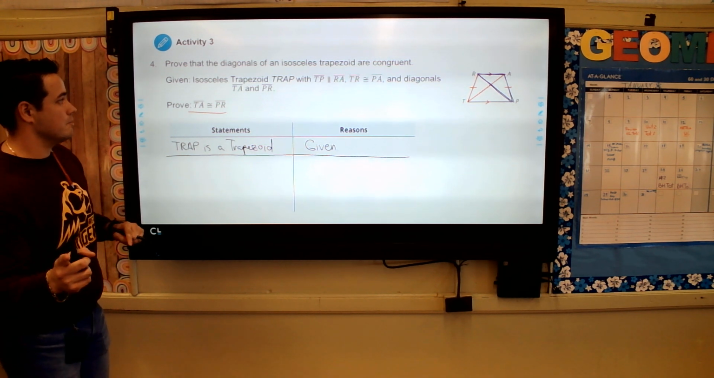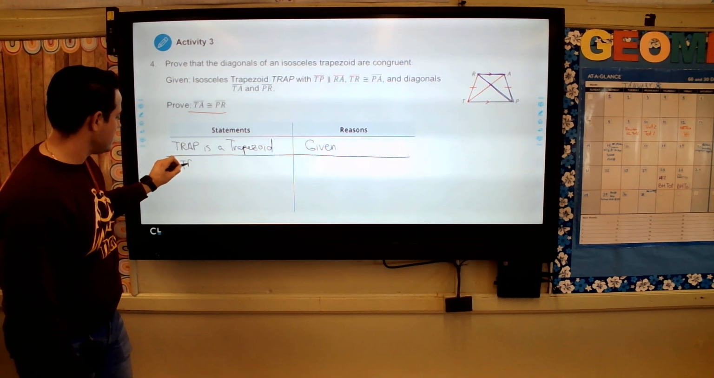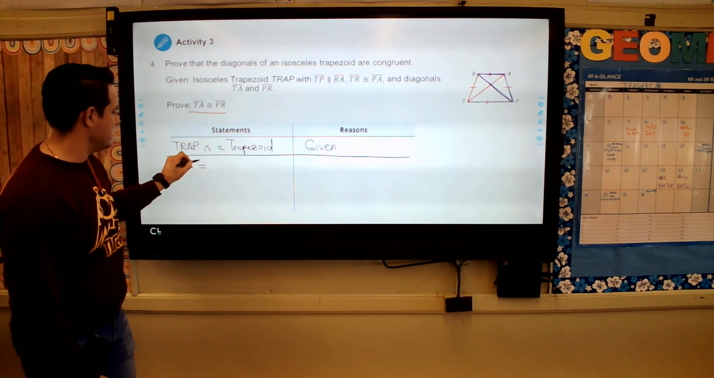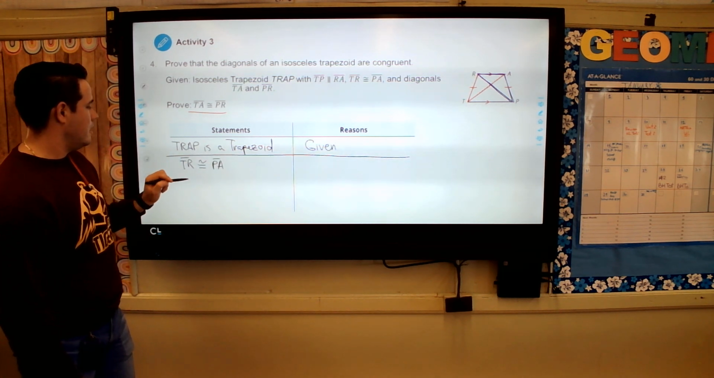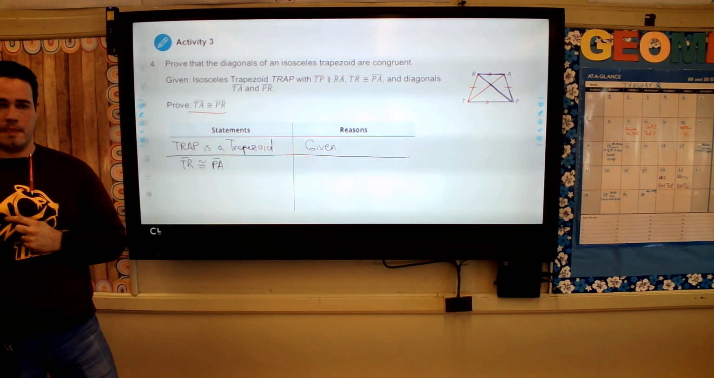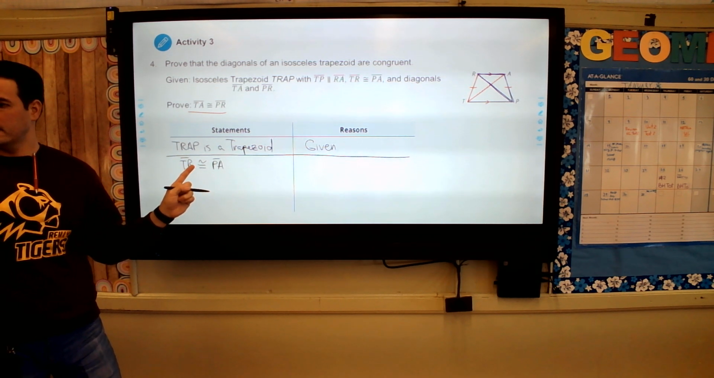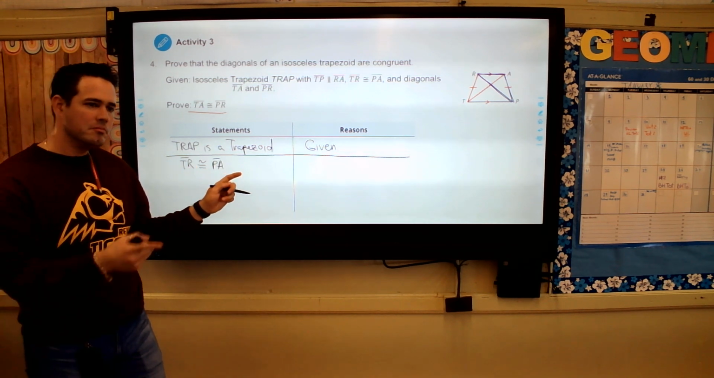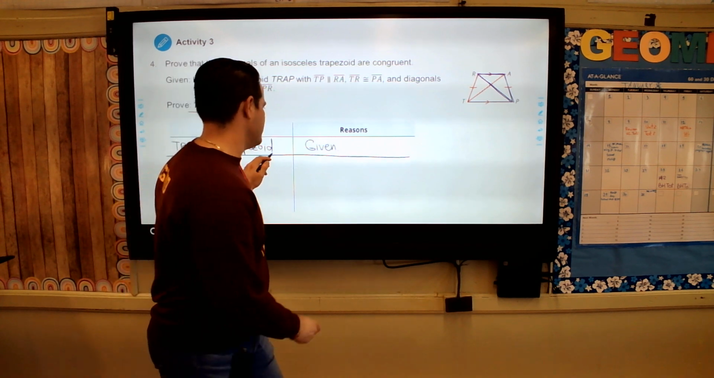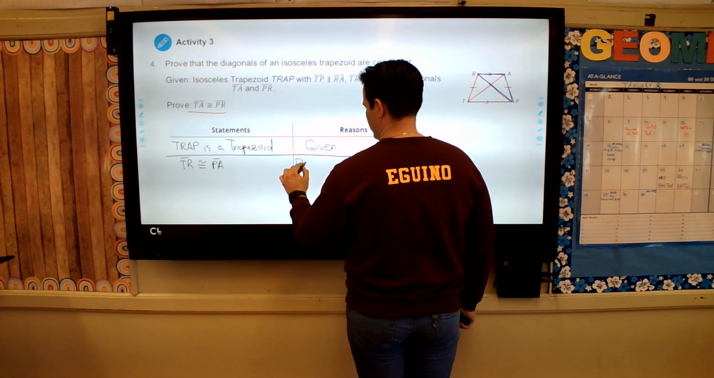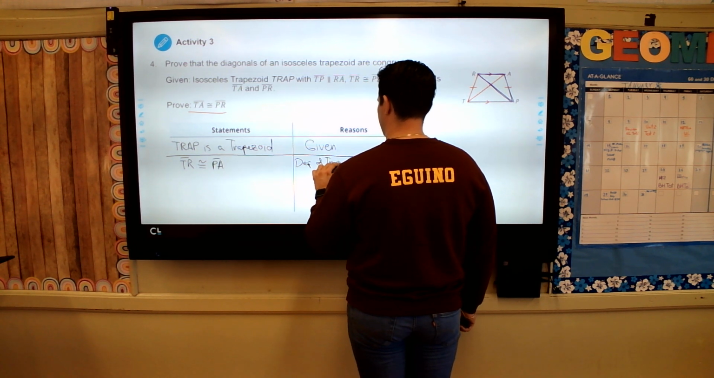And now you'd like to say TR and PA are congruent. Line segment TR is congruent to line segment PA. And why are they congruent? Hillary? Given? Yeah, definition of a trapezoid. You can say definition of trapezoid,